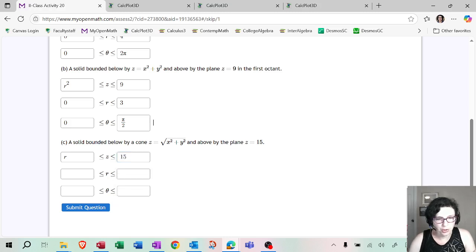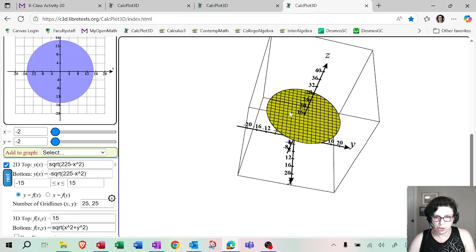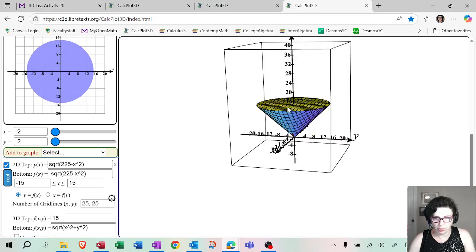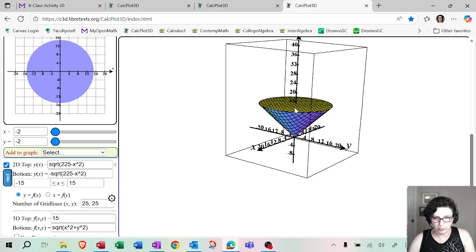Now, we do have to figure out how r and theta change, and let me show you that picture. So here you've got a cone, right? z equals the square root of x squared plus y squared, and on the top it is bounded by z equals 15. So what is the circle here? What's the radius of the circle? How do we determine what is going to be the projection of this thing on the xy plane? Projection just means that the z coordinate becomes 0. So everything is splattered onto the xy plane. So you can see clearly here that this circle has a radius of 15.